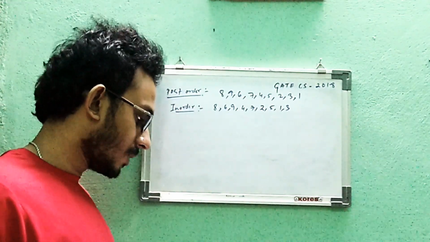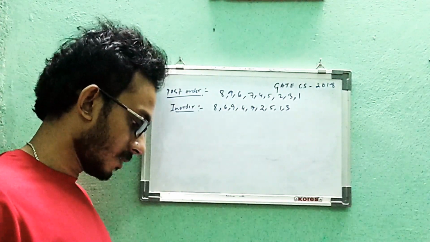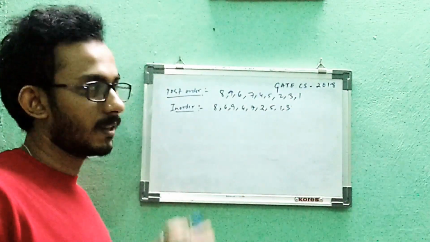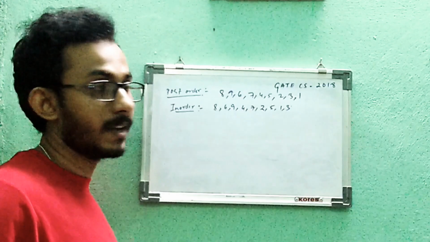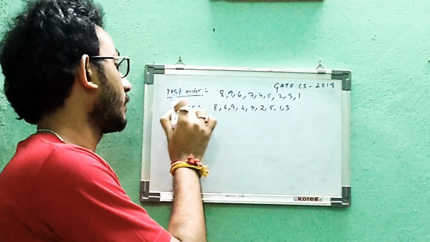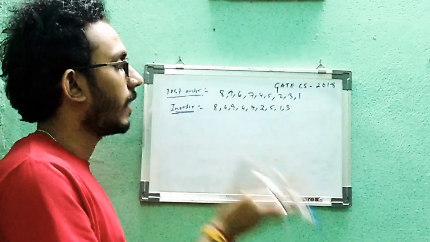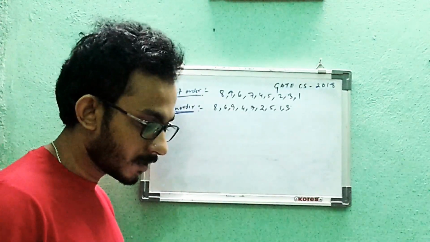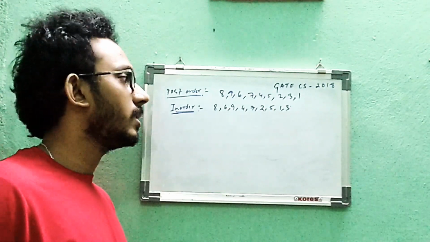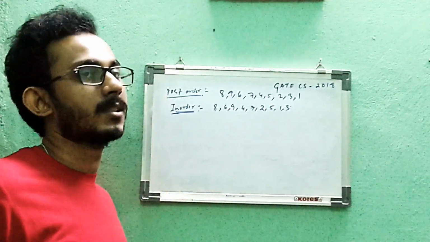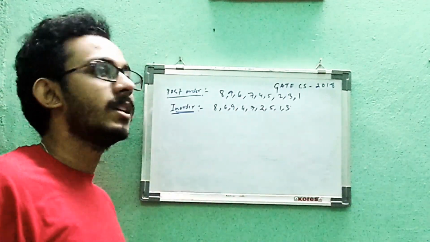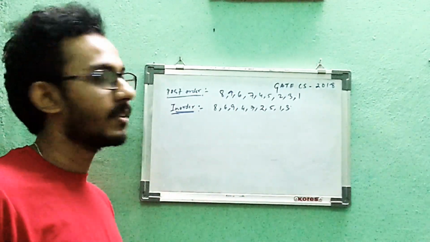Now, the height of a tree is the length of the longest path from the root to any leaf. So you are actually asked to find the height of the tree. They have explained the definition of the height in the question. So basically you have been given post order and in order, and you have to find the height of the tree. To find the height, you need to construct the tree. How to construct the tree? You need the help of these two traversals. With the help of these two traversals, you can successfully create your tree, and then you can find the height. It's a very simple question.